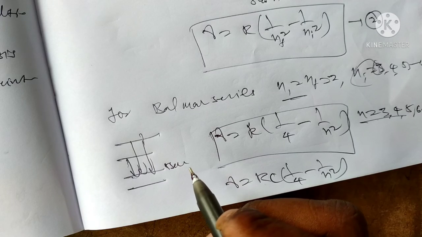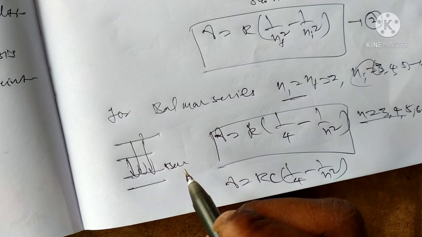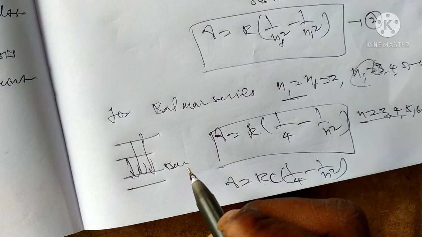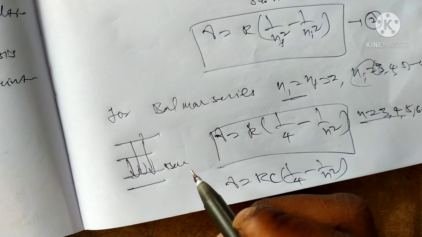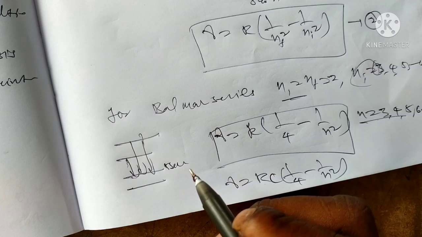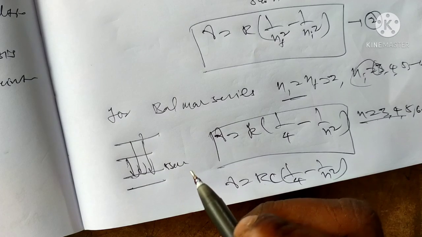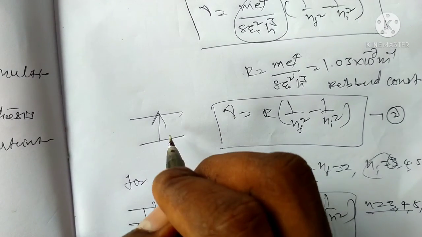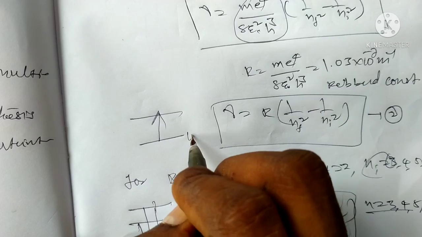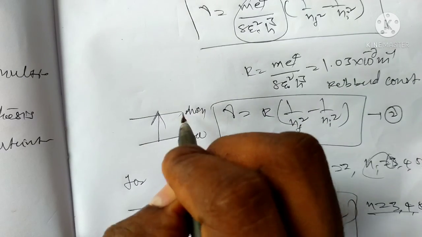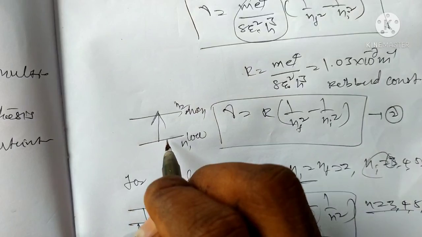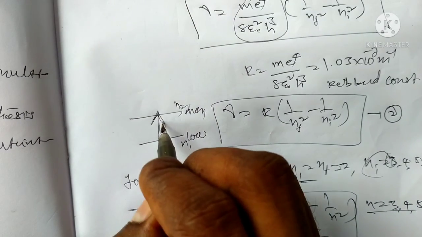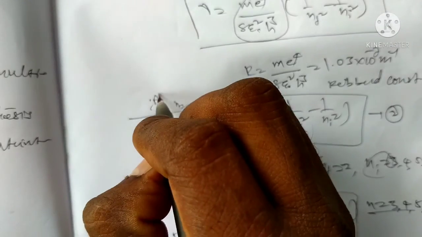Now similarly, when the electron absorbs the energy of a photon and goes from a lower energy state to a higher energy state, this process is called the absorption process. Lower to higher means there is absorption. It is similar to atomic spectra. It is the lower energy state, n1, and the higher state, n2. Lower to higher, you can observe the energy absorption.